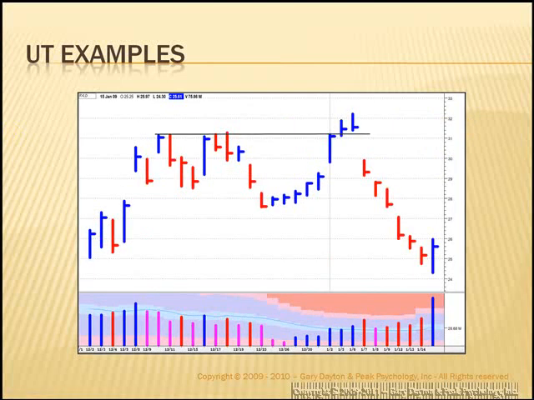If that's your criterion for this trade setup, that it must close, and it is a criterion for an upthrust. Otherwise, you don't know if this is going to just sit up here and absorb and then go higher, or if it's going to come down through. The upthrust, to be valid, must close underneath the resistance level here, and that's what's occurring here, and then it continues to go on down. Okay,